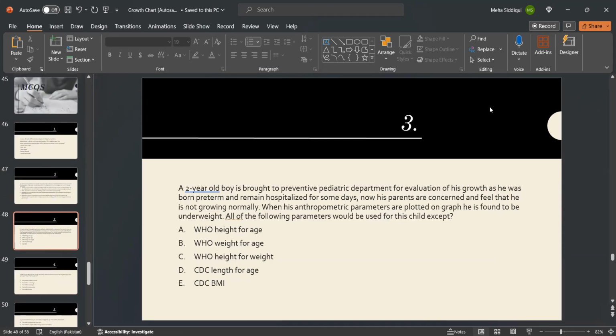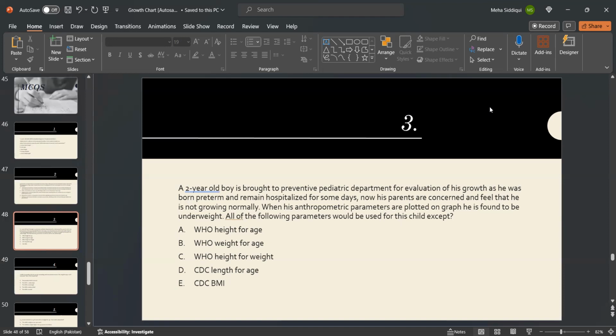MCQ number 3. A 2-year-old boy is brought to the preventive pediatric department for evaluation of his growth, as he was born preterm and remained hospitalized for some days. Now his parents are concerned and feel that he is not growing normally. When his anthropometric parameters are plotted on a graph, he is found to be underweight. All of the following parameters would be used for this child except: